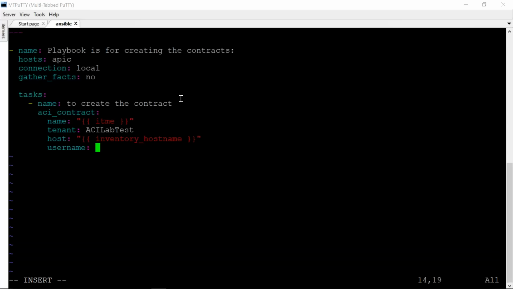So username, and username is the user that we have, and then the password. So let me quickly give the password as well. Password is pass. Alright, so we are almost done. What I want to do here is the validation of the certificate. So validate certs false, correct? So false, and then finally